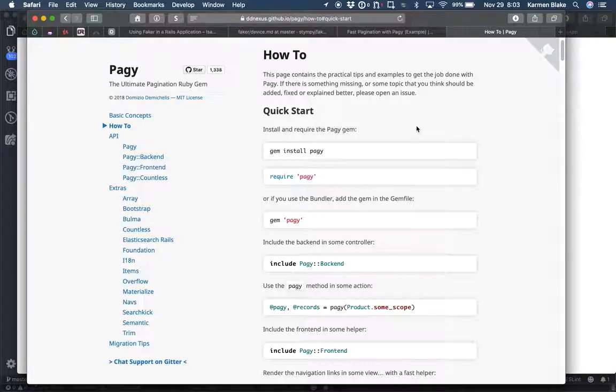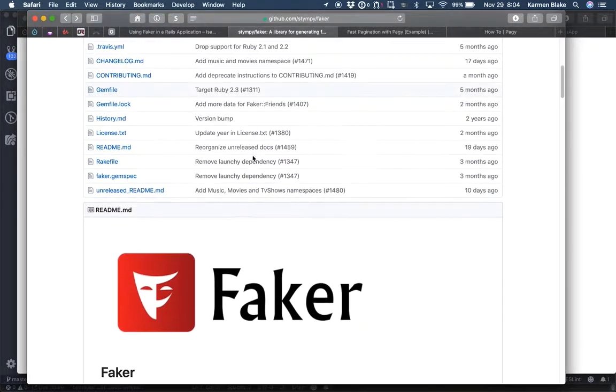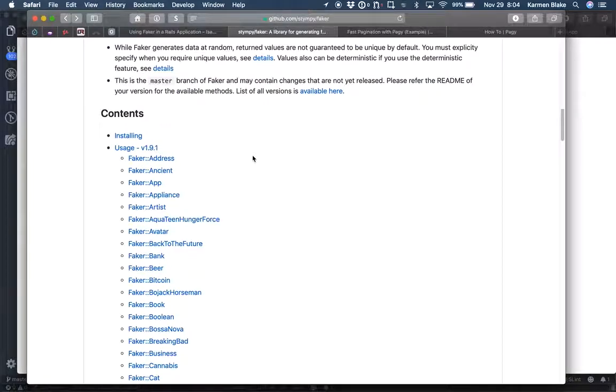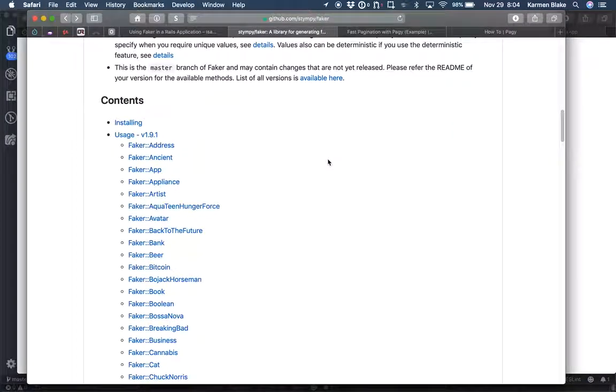So let me think about this for a second. Why don't we generate the seeds first? So we're going to have to install this Faker gem, and if I follow the instructions. Let's see, have it up here? No. But I think all we need to do is, whenever we want to add a Ruby gem, and maybe a little bit more background,